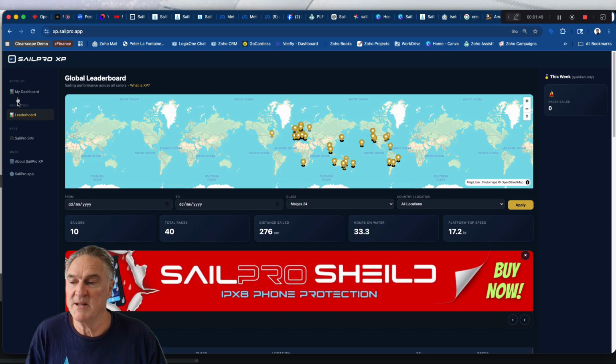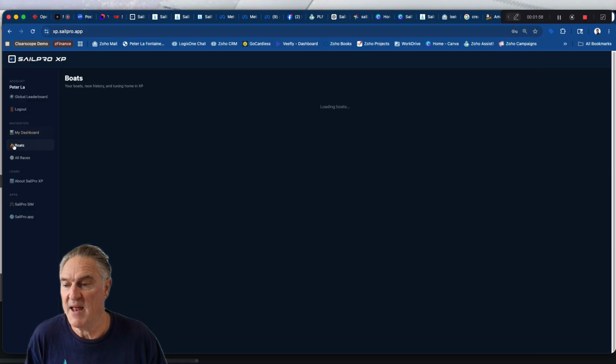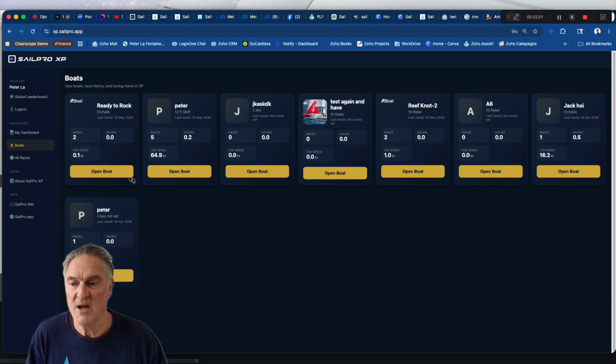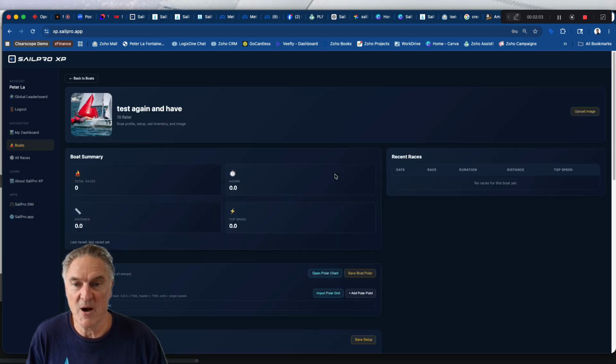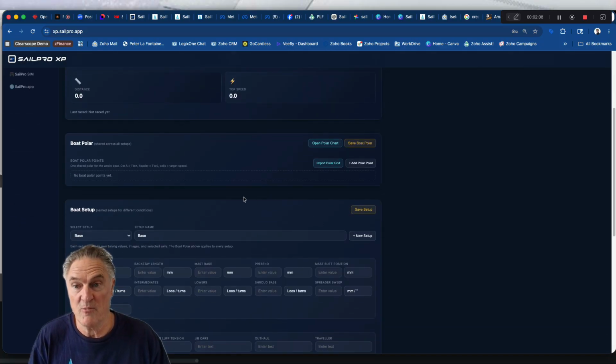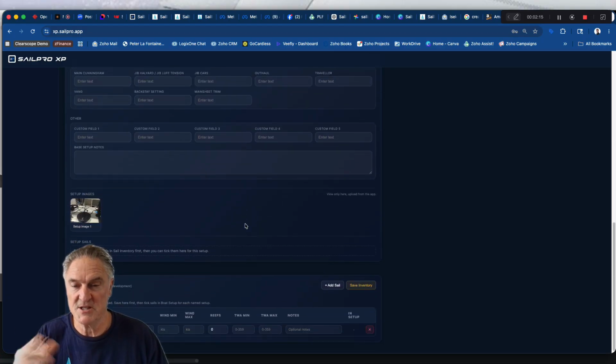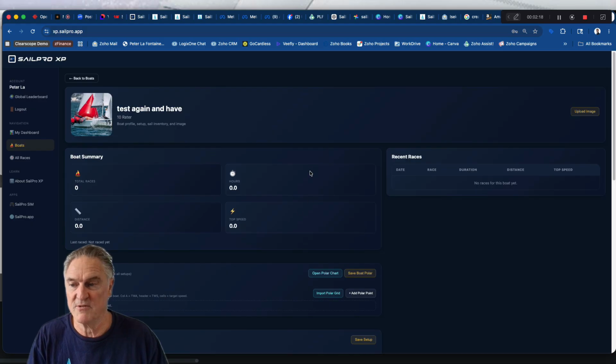But then also, in addition, you can go to my dashboard, and now you can see all of your races here. So you can see here's your speed curve, here's your recent races, and then here are your boats. Okay, so you can actually select any of these boats, and then you can do things like create a boat polar, or you can configure your boat settings here and save multiple boat settings, upload images. Some of this stuff I've already gone over, but this is where all this information sort of comes to and from. So that's SailPro XP and how it works with